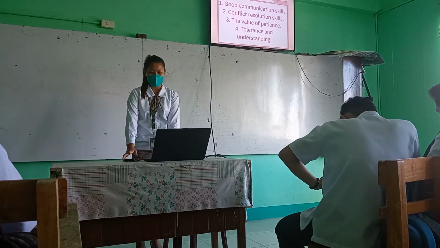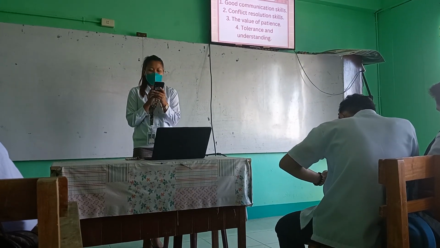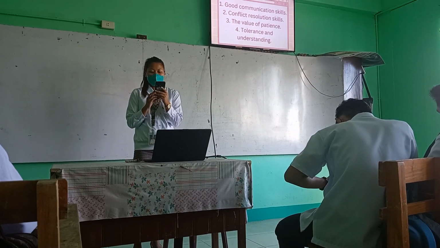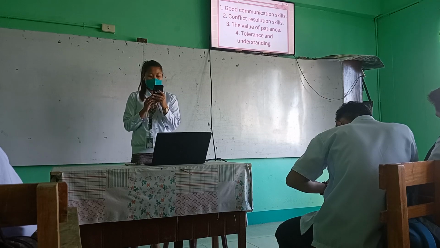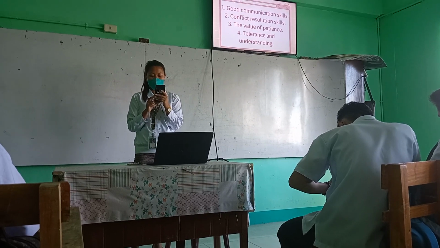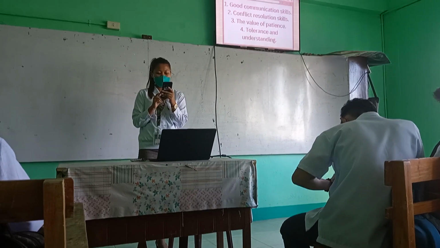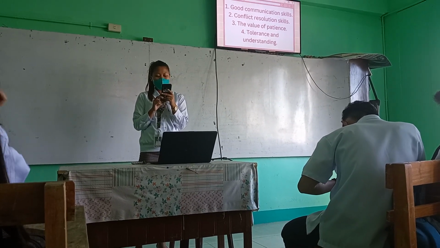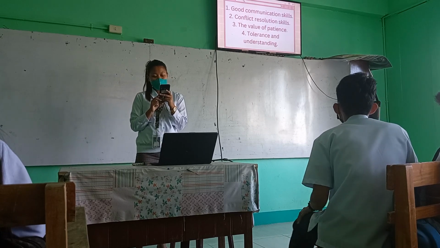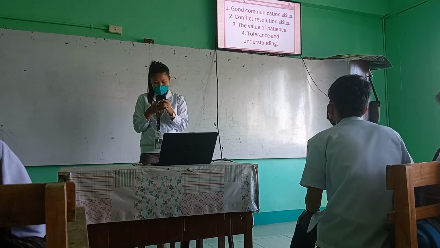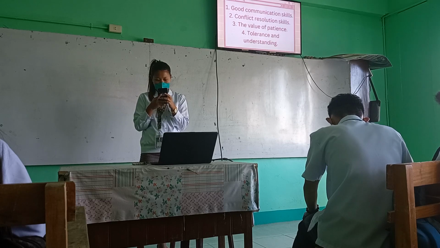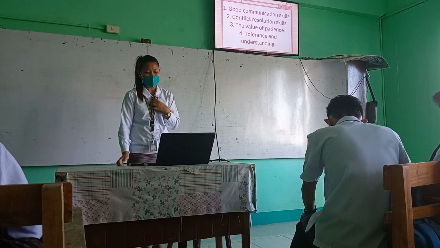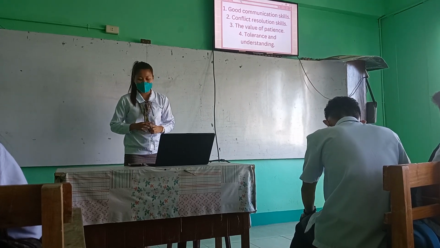Second, conflict resolution skills. Having the ability to mediate disputes and resolve conflict among others is an important personal and professional skill. Hence, conflict resolution involves the ability to clarify specific disputes, listen to perspective in a non-judgmental manner, and offer suggestion for action. So, gaya nga ng sabi ko, pagkakaroon ng abilities to